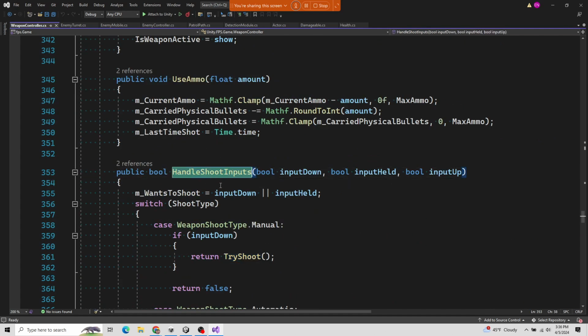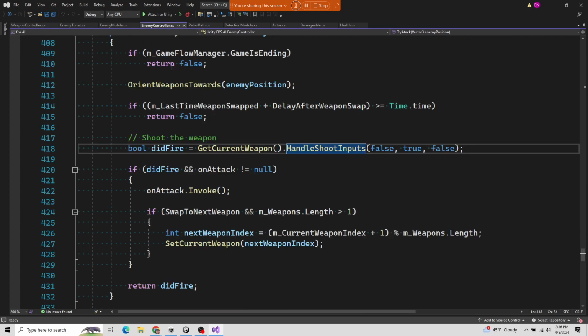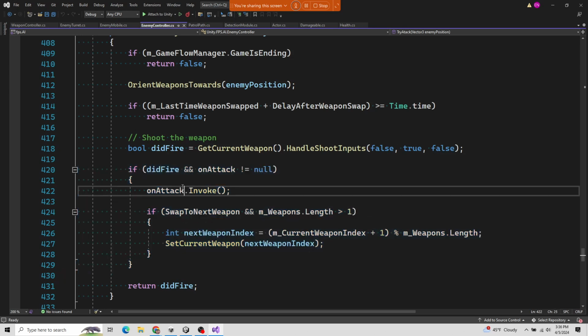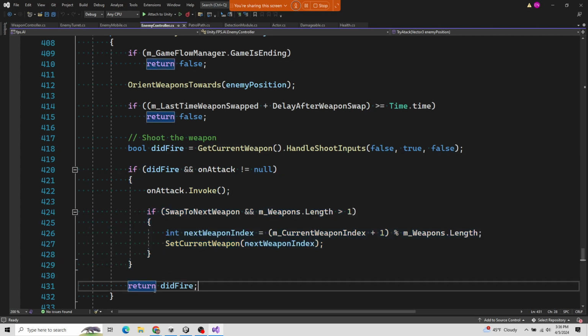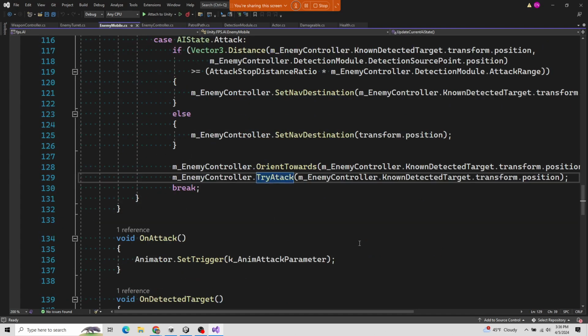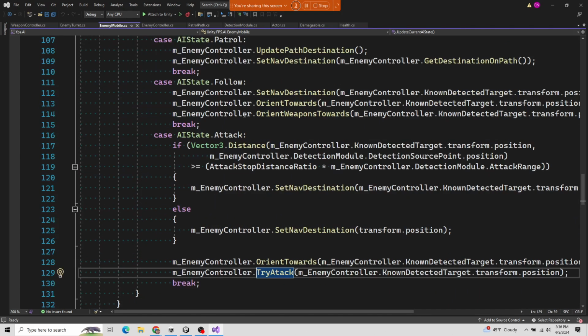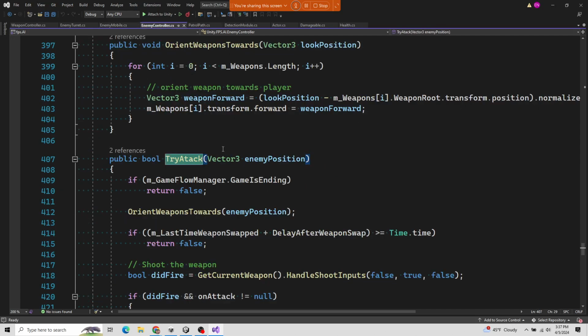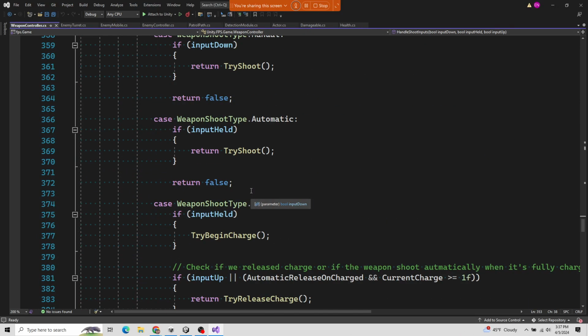All of this, I'm backtracking all the way, going back through the function stack that I just talked about. And ultimately handle shot inputs is what's called here on EnemyController. And let's just say that we did actually do it. So this is true. And then this will get called here. Just as anyone listening to us, let's update some times, or if we need to swap a weapon, and then return true here. And then who called this? EnemyMobile called it. So I'm going back and back through the stack. And ultimately it was done here because we were updating our current AI state and we were in attack and we did this try attack. So from the enemy's perspective, we just keep looping and looping here. But if they did actually fire, all the way back to weapon controller,